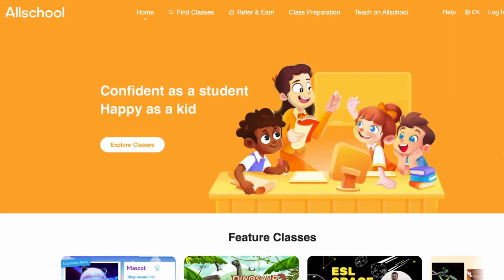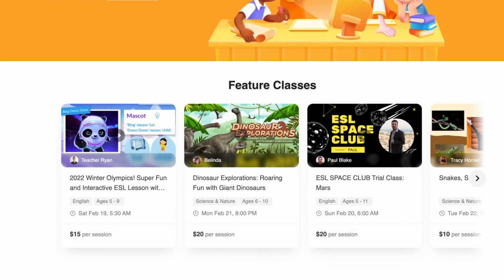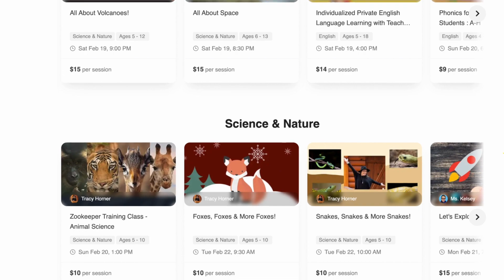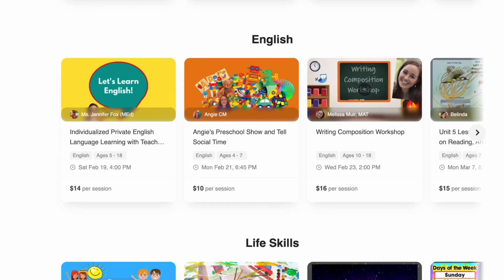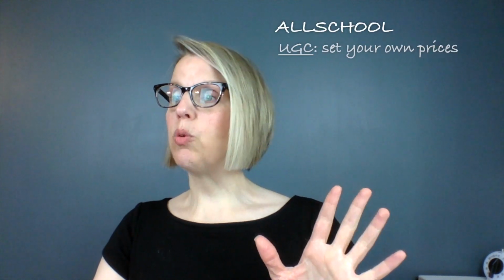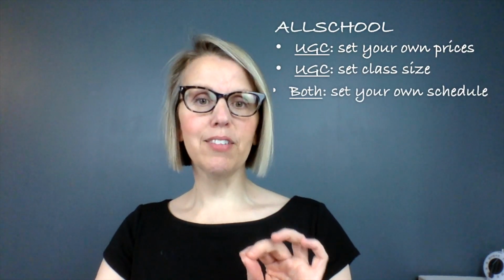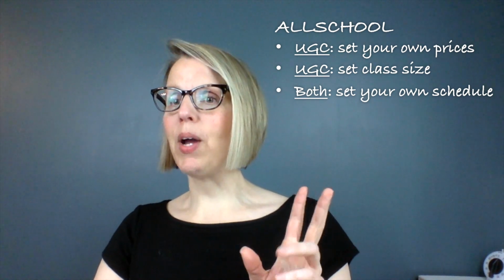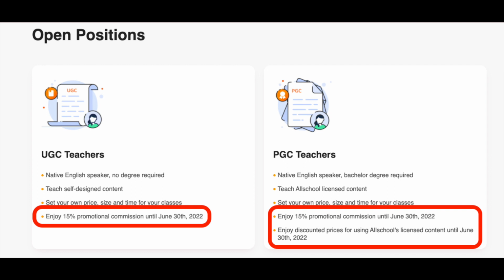These are focused on ESL, but they also have programs like math and science. So it's a little bit of a combination of the teacher marketplaces. They do expect that you will be a native English speaker regardless of which program you do. You can set your own price, the size of your class, and the time for your classes. And they will give you a 15% promotional commission until June 30th, 2022. So if you want to get started, this is a good time because they're only taking 15%